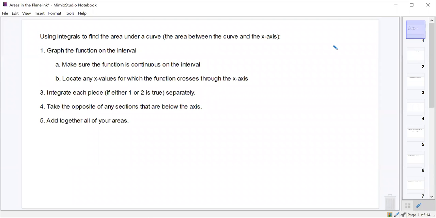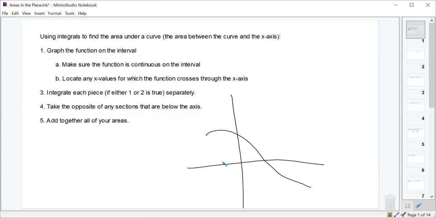So today we're talking about finding the area between a curve and the x-axis. And so I know we've already talked about, what's an integral, right? An integral is the area underneath the curve, right? Generally, when we talk about that, we talk about some function that's above the x-axis for its entire domain. But now we're going to start dealing with some where they might cross through the x-axis, and where we have